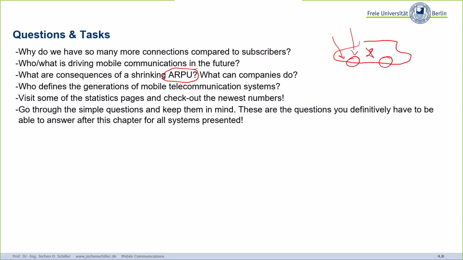So we saw the same in the fixed networks. So you cannot really charge for transmitting a bit. That's worth nothing, more or less. But you can charge for services. This is why you see all those home entertainment bundles where you say, okay, you want to see the newest movies, and then you'd simply add this to your contract. Or even you see that no one charges you for downloading music if you have this contract.